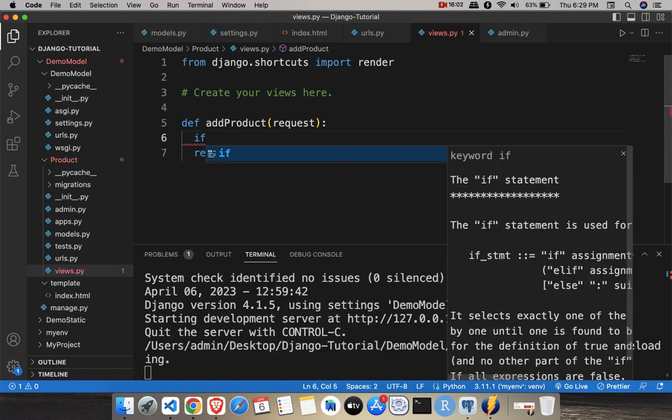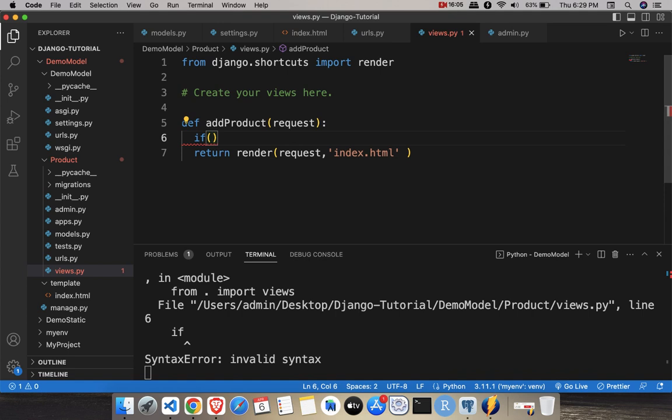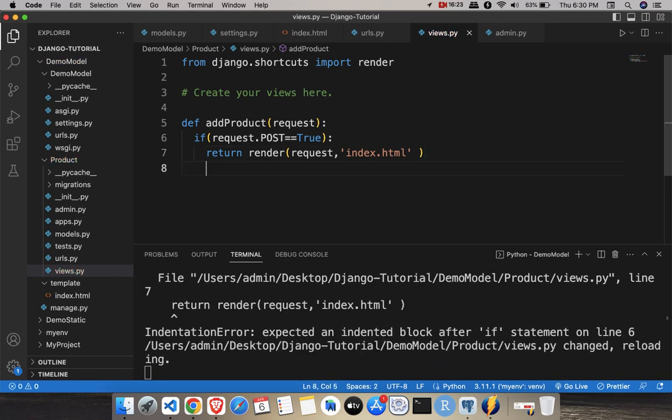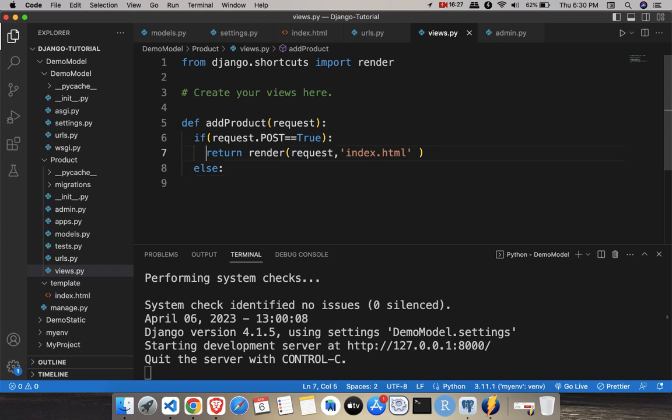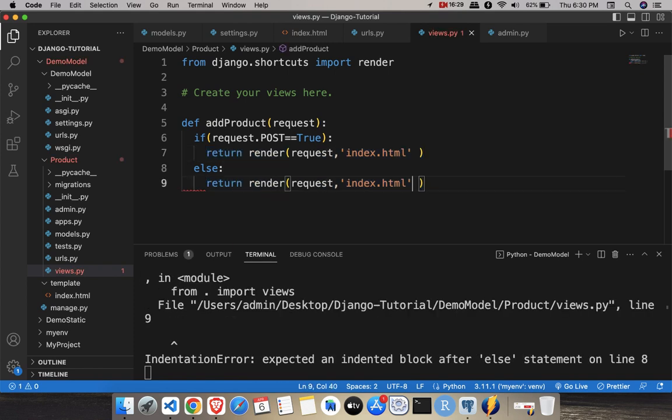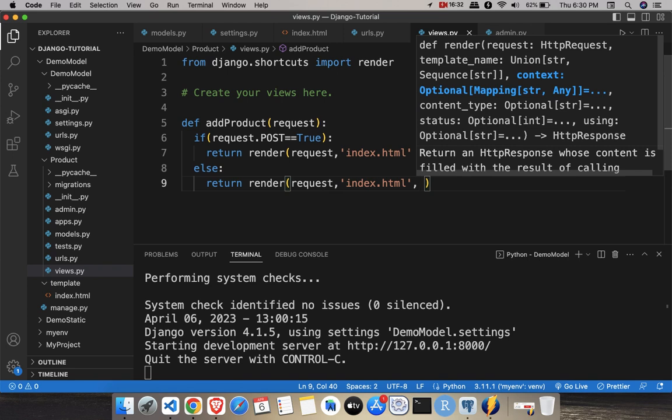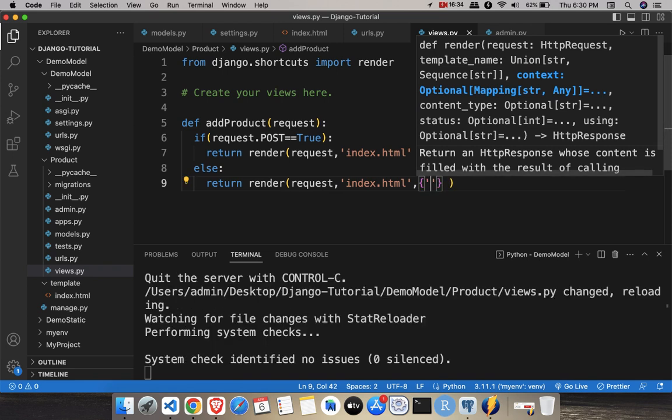We have done this already in the previous video. So if the request.POST is equal to true, then only we'll render this page. Else we'll render this page with some message, and that message will be like error,